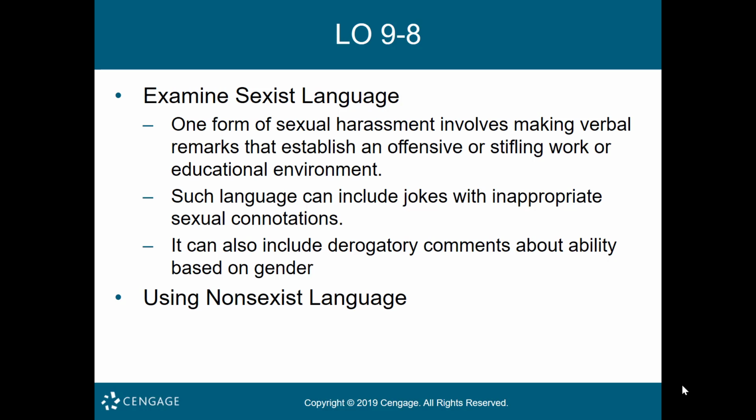Learning objective 8 is to review sexist language. So one form of sexual harassment involves making verbal remarks that establish an offensive or stifling work or educational environment. Such language can include jokes with inappropriate sexual connotations. It can also include derogatory comments about ability,